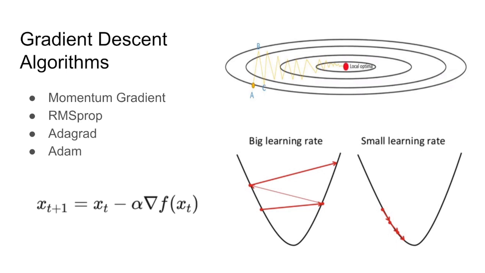Some of the variants of gradient descent, such as momentum gradient descent, try to tackle this issue by averaging the gradient over iterations to cancel out the zigzag effect. Another problem with gradient descent is that if the learning rate is too small, it takes too long to converge, but if it is too large, then we won't get very close to the local optimum, and we can even diverge from it. So ideally, we want a larger learning rate, alpha, at the start and a smaller one near the end. And variations like RMS-prop tackle this problem by introducing a time-dependent learning rate that gradually decreases with the